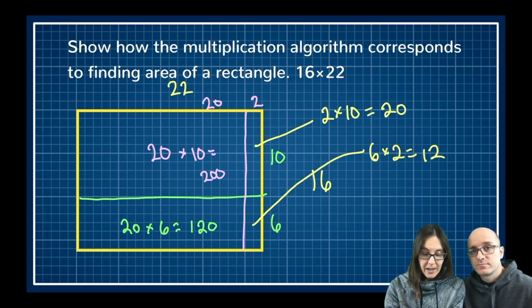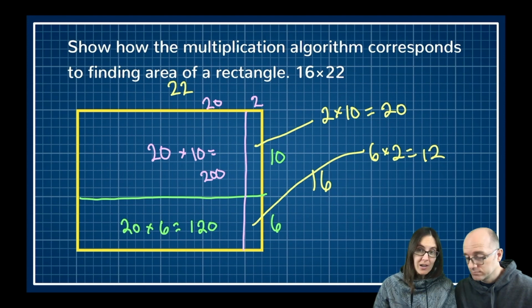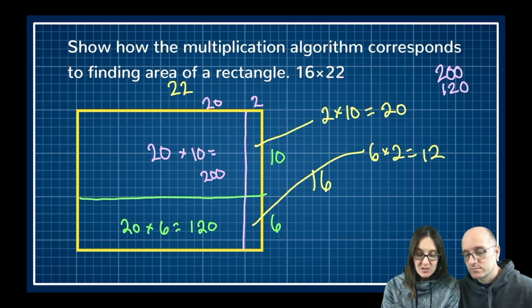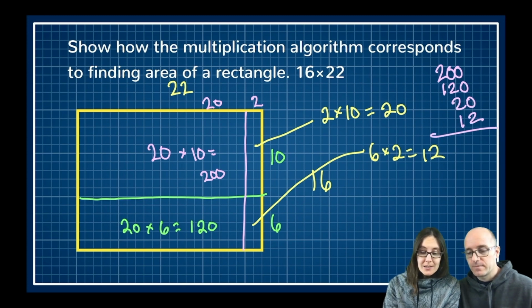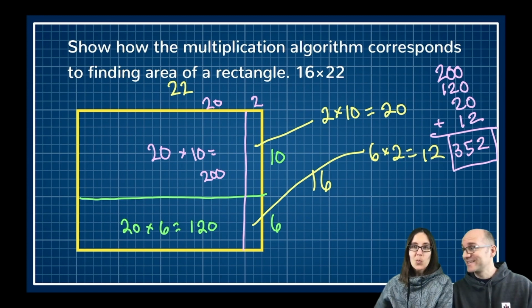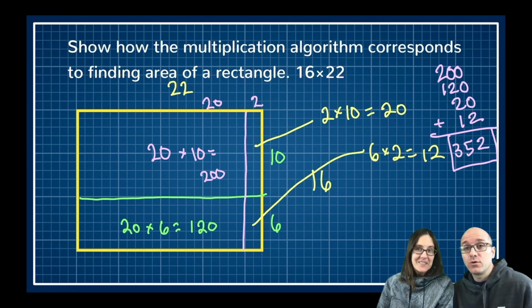Now if I add up these, that is going to be the same as doing the traditional 22 times 16 and writing everything out. That's right. So if I just add those together, I'll get the answer. We have 200 plus 120 plus 20 plus 12, which is 352. 352 is correct. Woohoo! Nicely done, Science Mom. And if we were to take the time to do 16 times 22, we'd come up with the same answer, whether we do it the traditional way or that crazy lattice multiplication way. It's all the same.